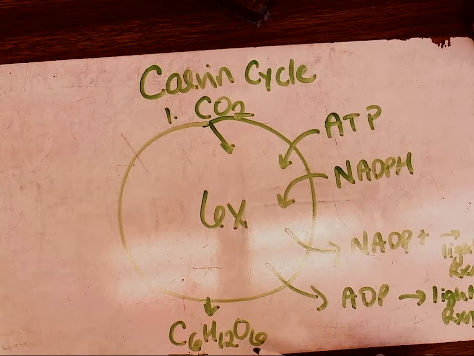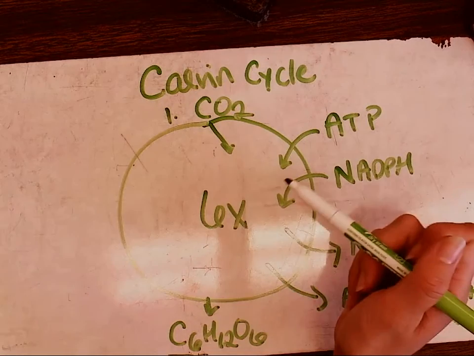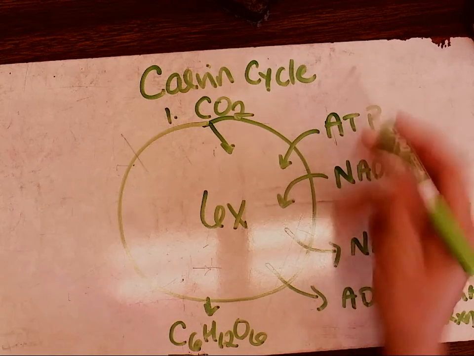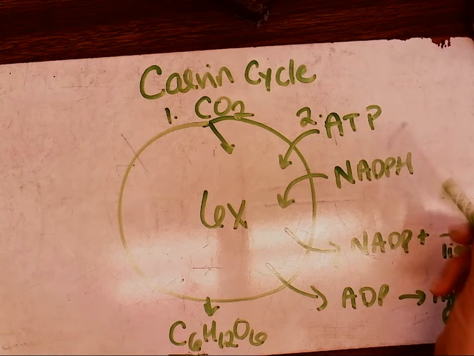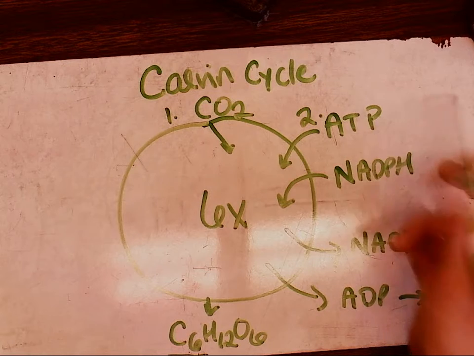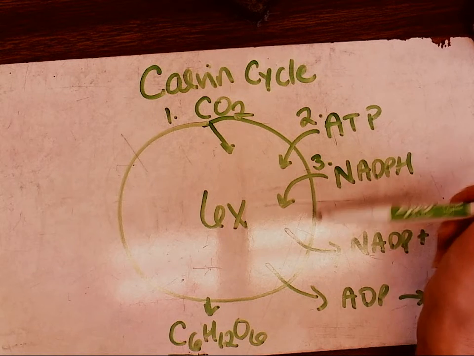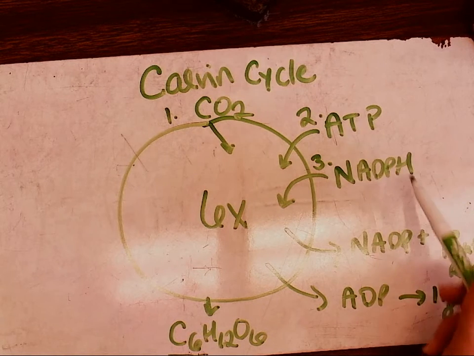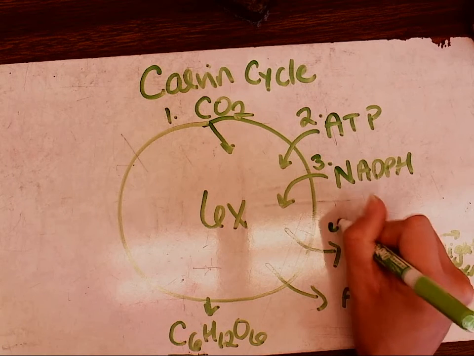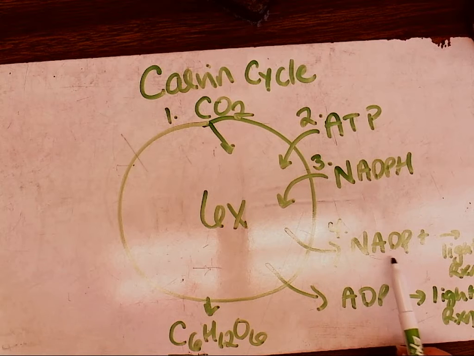So let's just walk through this again one more time here. First step, carbon dioxide is going to be entering into the stroma. Our second step, we need energy, which was made from the light reactions. Our third step, we are going to see NADPH brings electrons to the Calvin cycle. After these electrons are dropped off, we see NADPH turns into NADP+, and it's going to go back to the